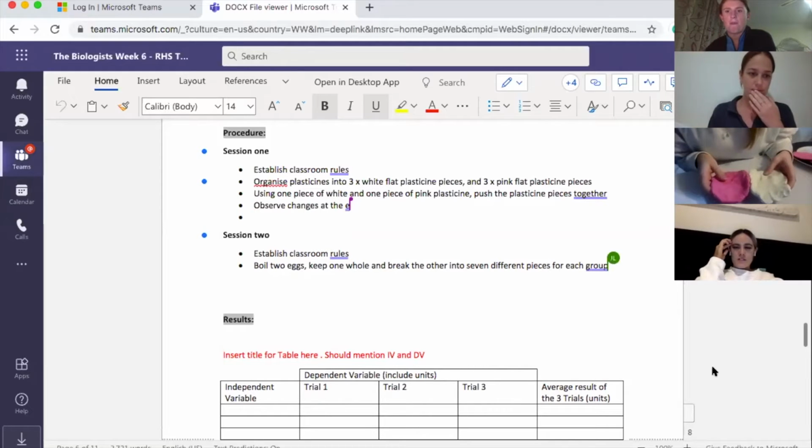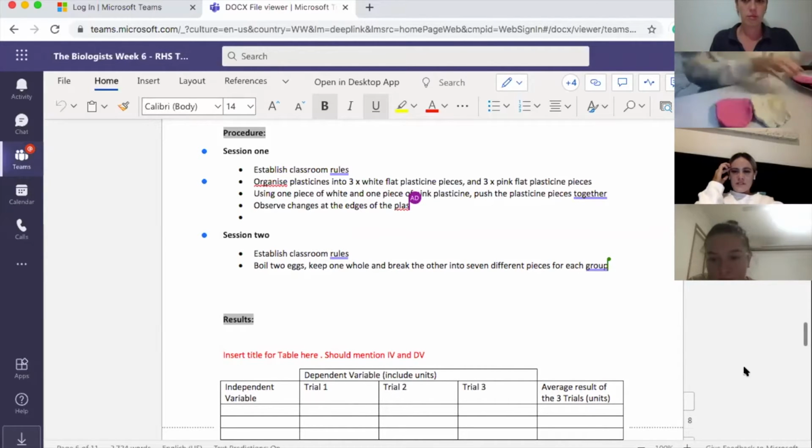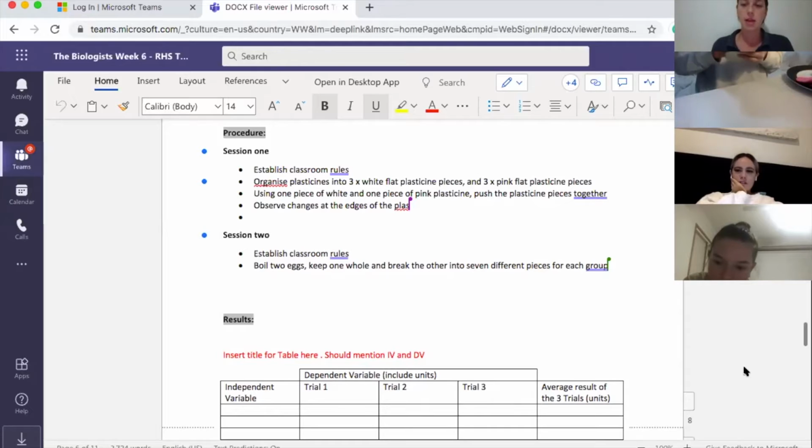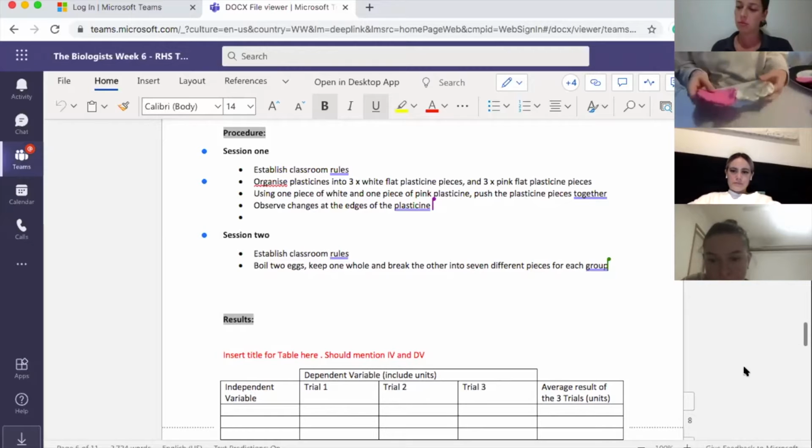It says pull apart the second set of plasticine, but how do I pull it apart if it's already apart? Yeah, if it didn't join. Like this one though. Maybe using Play-Doh would be better because it would mold together. I'll just do the same one. I'm going to take a picture of it once it's pushed together as well. Did it say to use Play-Doh or plasticine? Plasticine. I nearly got Play-Doh. Anyway, I'll pull apart the same piece, but